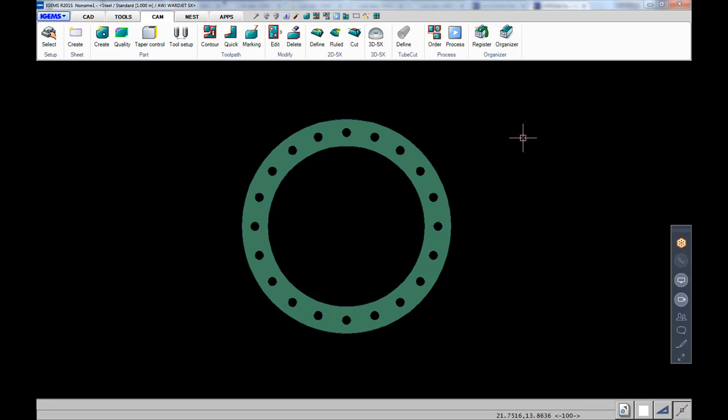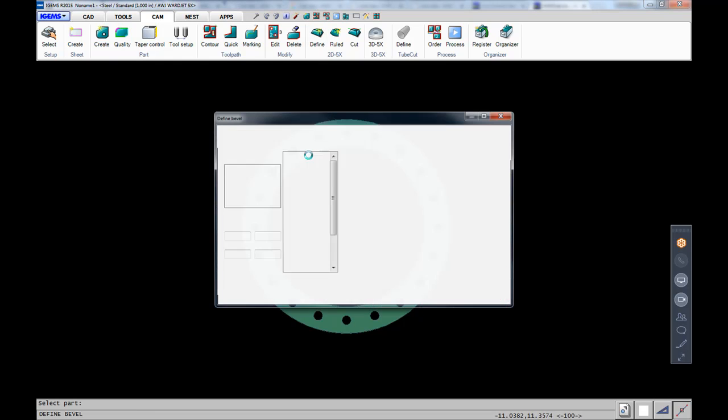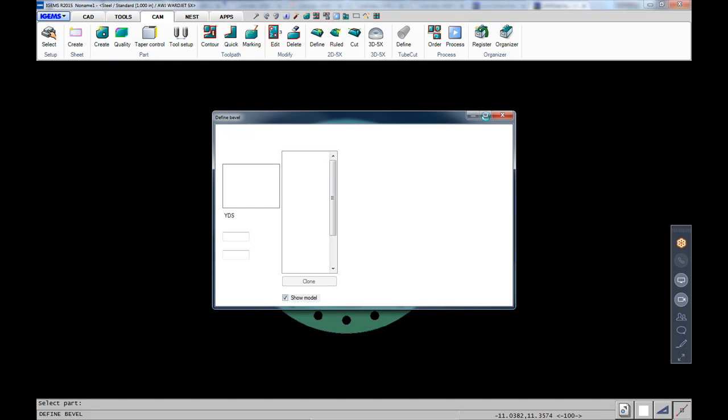The clone command in the 2D area of the 5x module can be used to duplicate the same bevel geometry on multiple contours. So if all of the bolt holes on this ring here, we want to have the same bevel angle on, rather than having to click on each geometry to do that, the clone command can do it very quickly. So we'll just click on this part here to bring it into the bevel area,